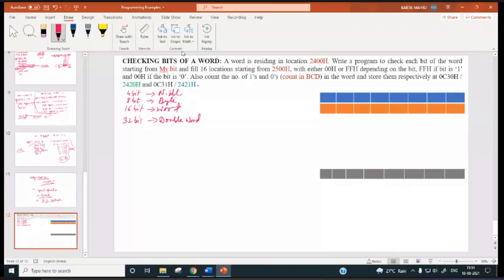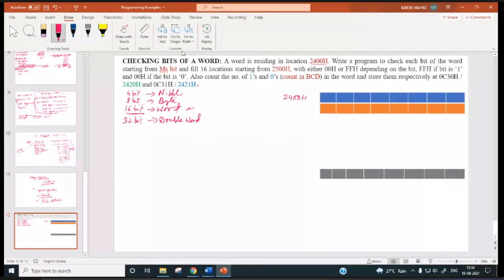So a word is residing in location 2400H. Here a word is residing in one memory location. Maximum we can have 8 bit only, but a word is of 16 bit. So what is the meaning of this?